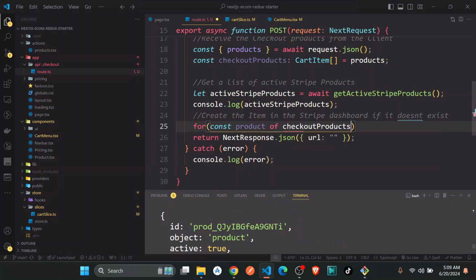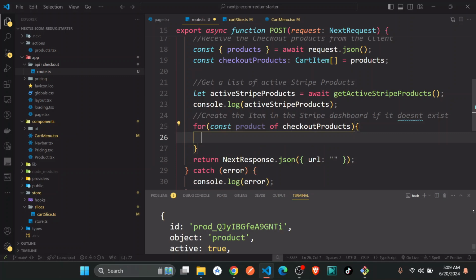We just want to loop through the checkout products, and I can do something like this. Now I have access to this. You can use a forEach, I'm just using a for of. You can also use a forEach, it can do the same thing. Inside here, I have a product. Now, what I just need to do is